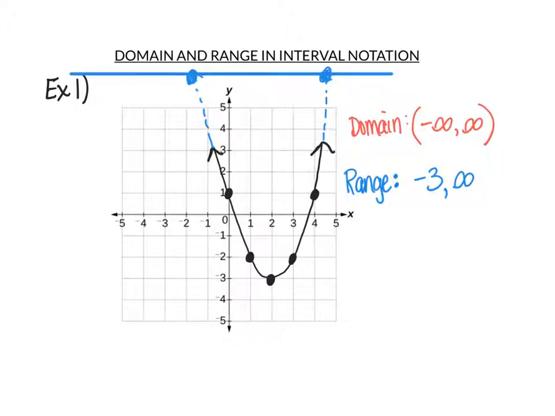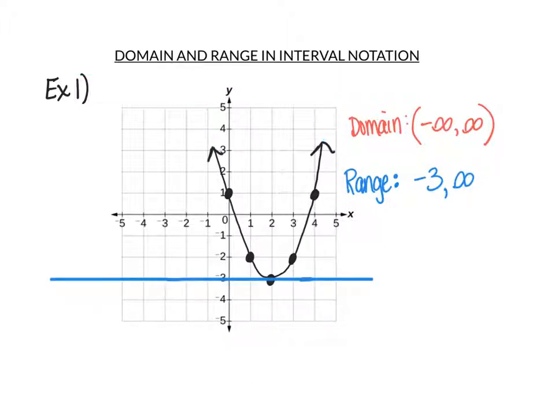And again, let's go back and consider at this location and this location if we include a parenthesis or a bracket. So I'm relocating this horizontal line back to -3 to ask you, does this horizontal line touch the black parabola? And clearly we can see that it does touch here. This is a closed point. And so as a result, we need to put a bracket next to the -3.